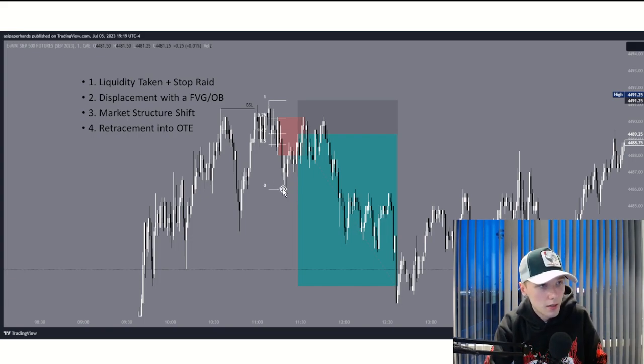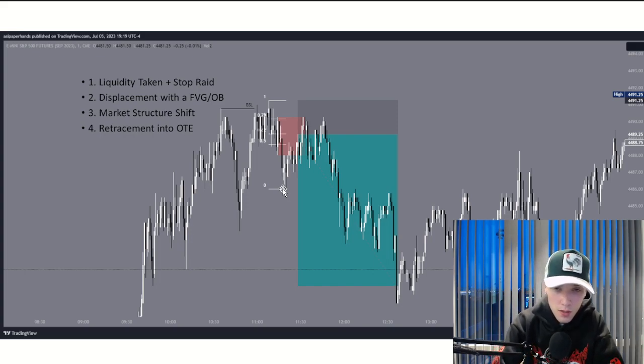ICT, it's getting a little bit complicated with our Discord, but it is wicks, not bodies. You can quote me on this. So top of the wick, bottom of this wick, market retraces back up into perfect OTE, 79%. I would personally enter off 62. That's why I have it marked here at 62%. But if you're a Diamond Hands Alpha, you probably enter at 79. But again, I would just enter at 62 and then maybe average one more minion at 70.